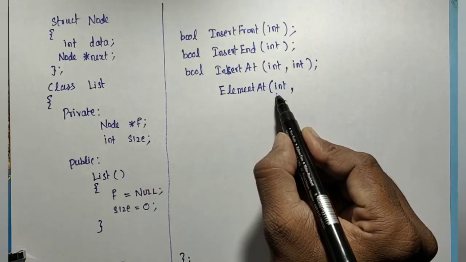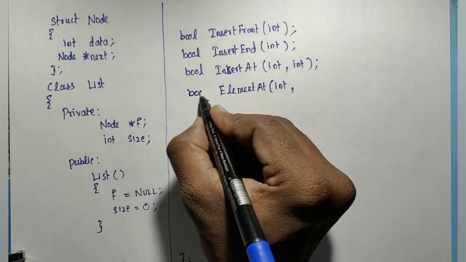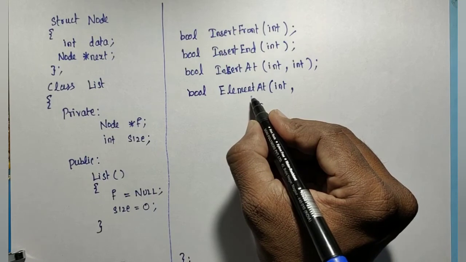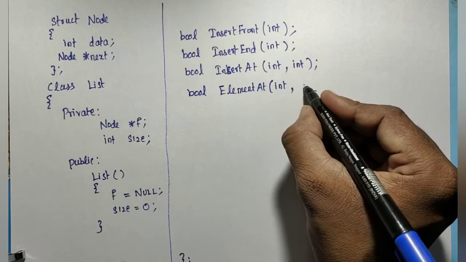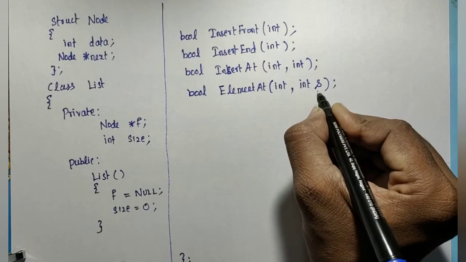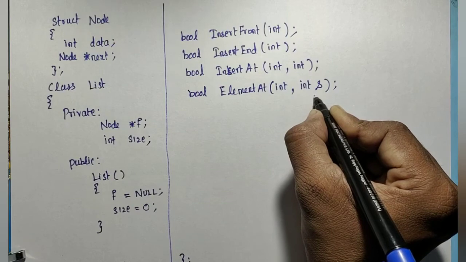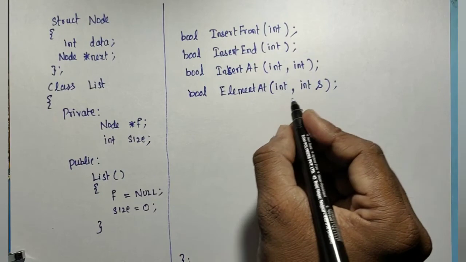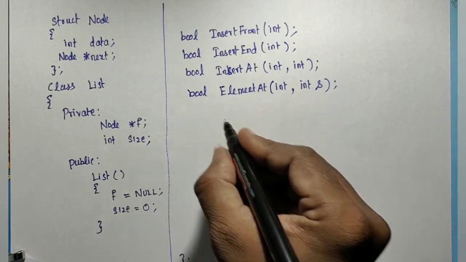Only one input, but there are two kinds of output. One is success or not, that is a boolean. Another output is the deleted element value. So I need to pass one output variable, that is int ampersand. It is going to bring that value which is present at the location. So this one is the location and this one is that element. This return type is success or failure. So this is the input and this is the output, and this is also another output.